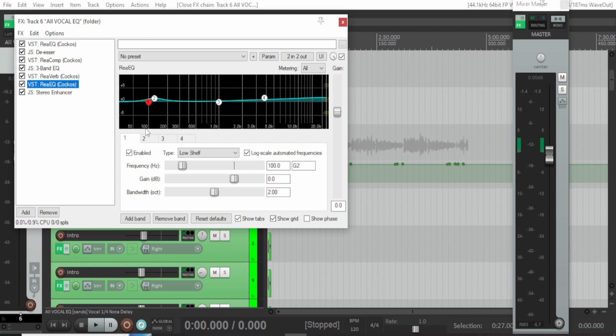And I have my EQ, which the first one I kind of push the band a little bit close to 100 hertz, and the second band it's around 125 hertz, boosted a little bit, maybe 1.6 dB. Third band,